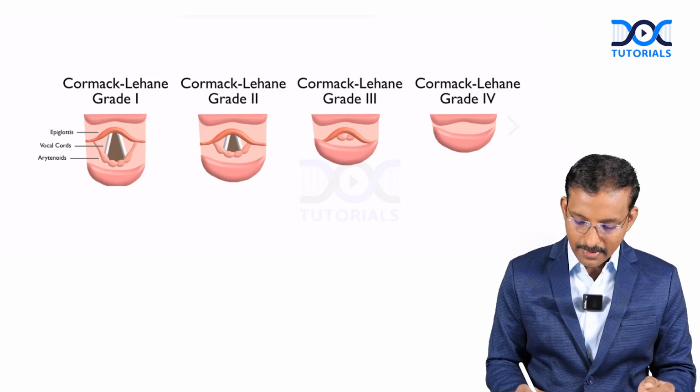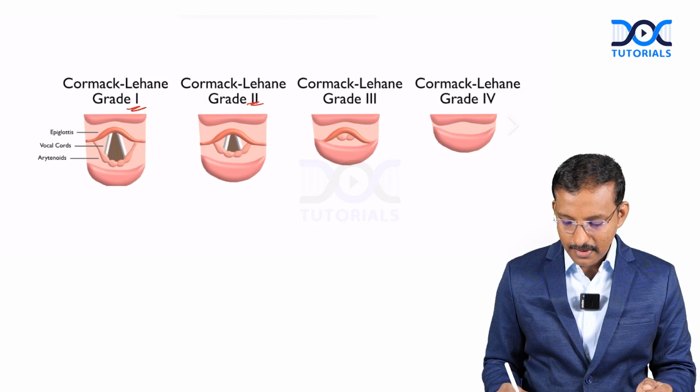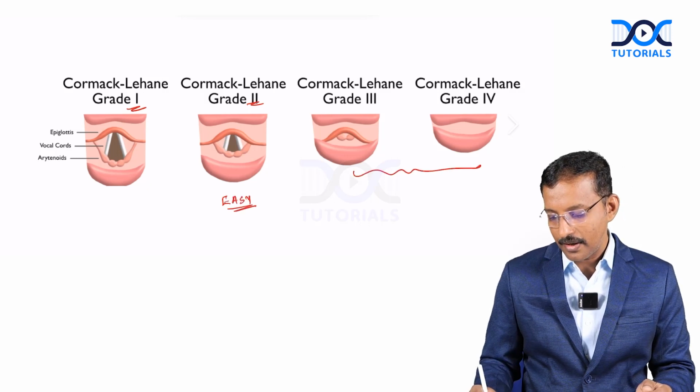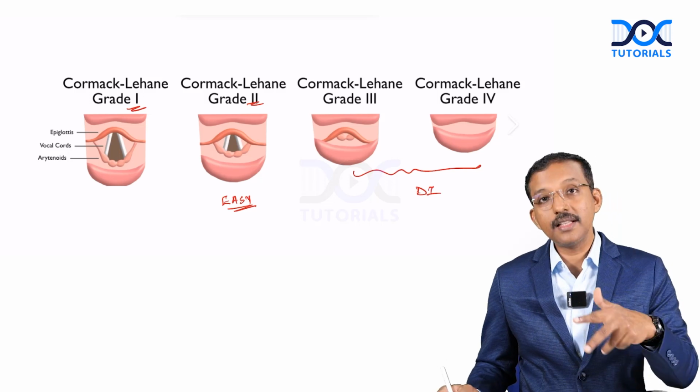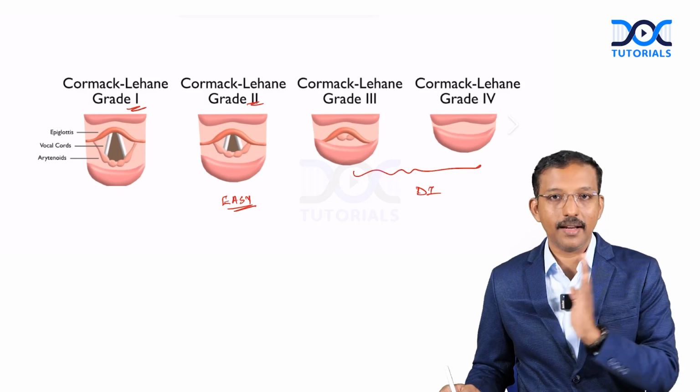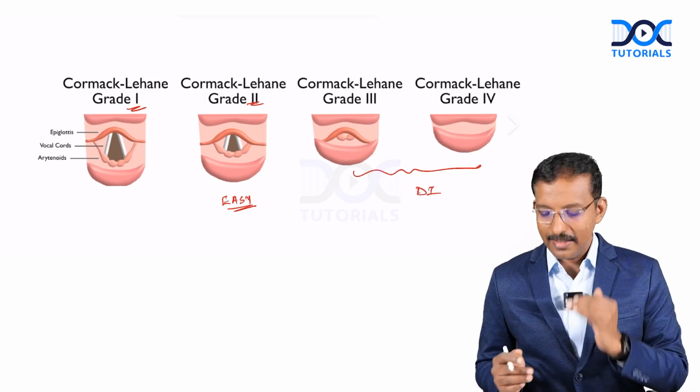See, in that case 1 and 2 is considered to be an easy intubation, while 3 and 4 seems to be a difficult intubation because you don't see the vocal cord at all, you don't see the glottic opening. Okay, so that is Cormack and Lehane classification. Now coming to the other